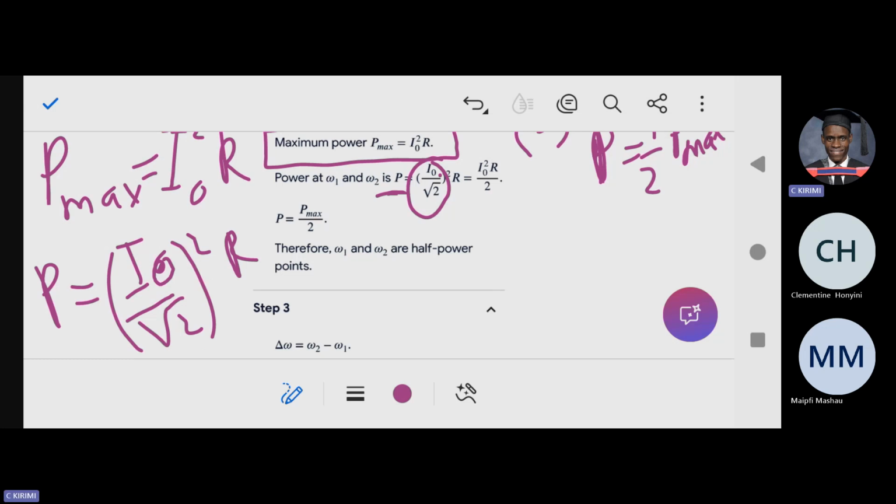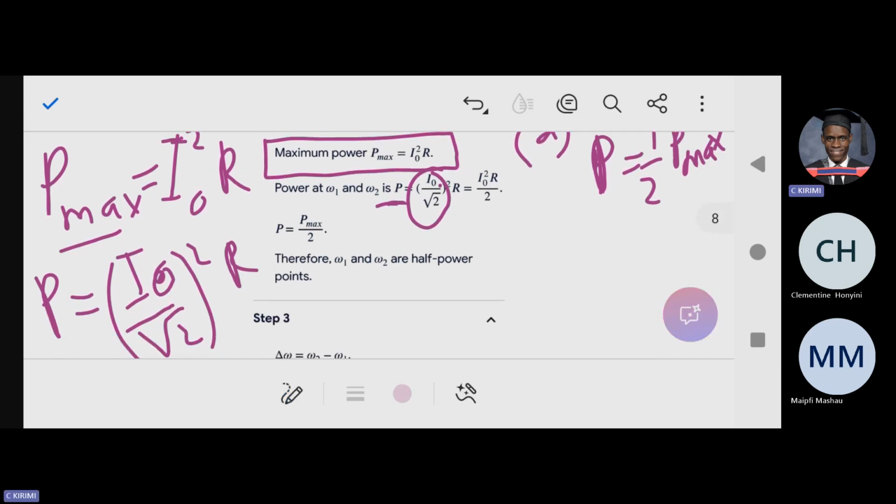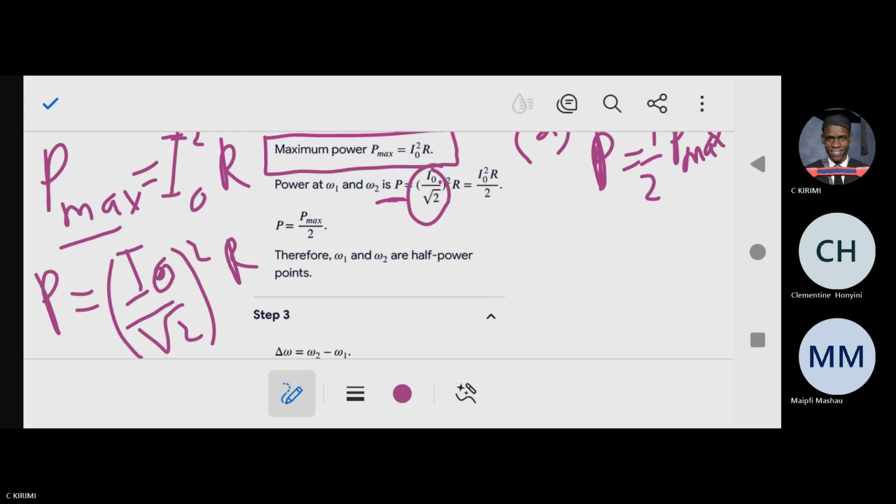When we square P, what happened to the half power point P? You are having P max, and then we are having half P. So this P which we are referring to as I naught over root of 2, then you square everything, multiplied by R